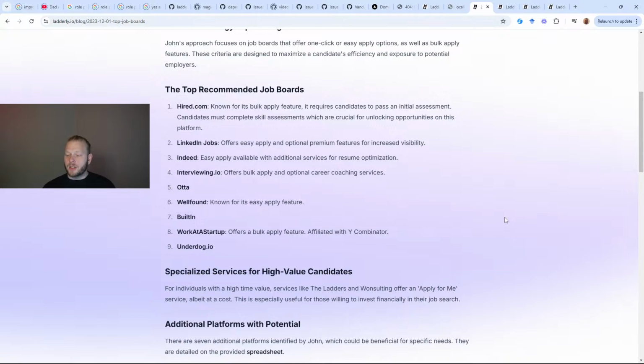Is Simplify good? Simplify is pretty good. I have not personally used it. Let me make that caveat. But I hear from other people that it's good. So maybe I need to go back and update these job boards. To my understanding, Simplify itself, maybe they added a native job board, but I think mainly it's a tool for applying at other job boards, which puts it in an interesting product category. But I've heard it heavily recommended.